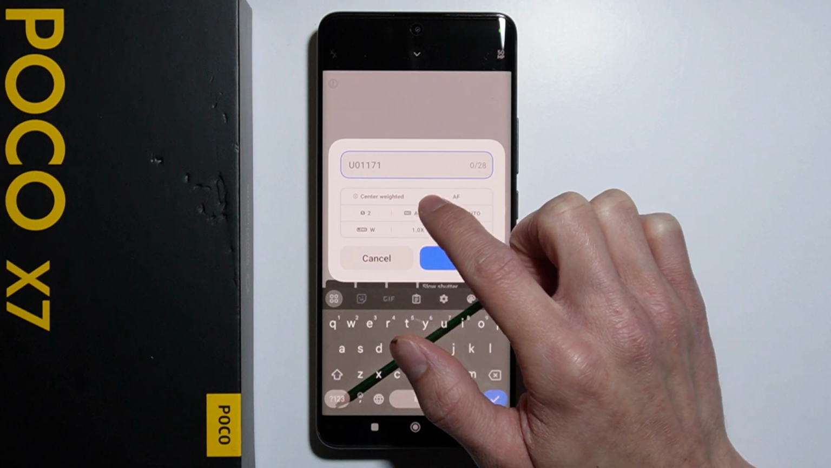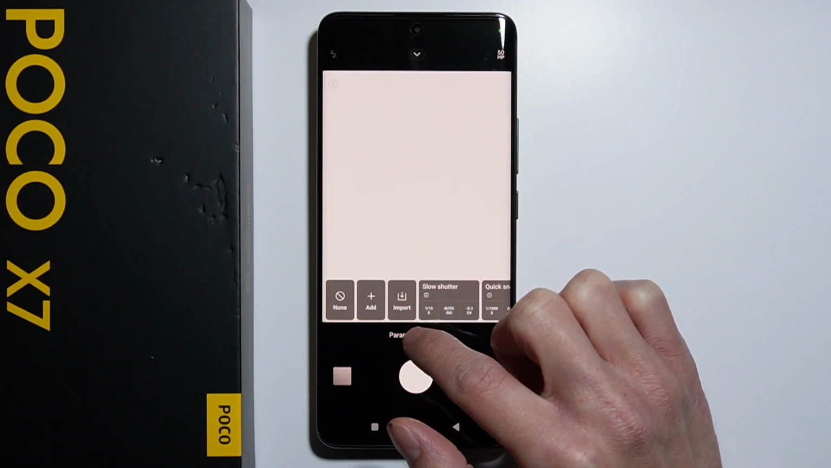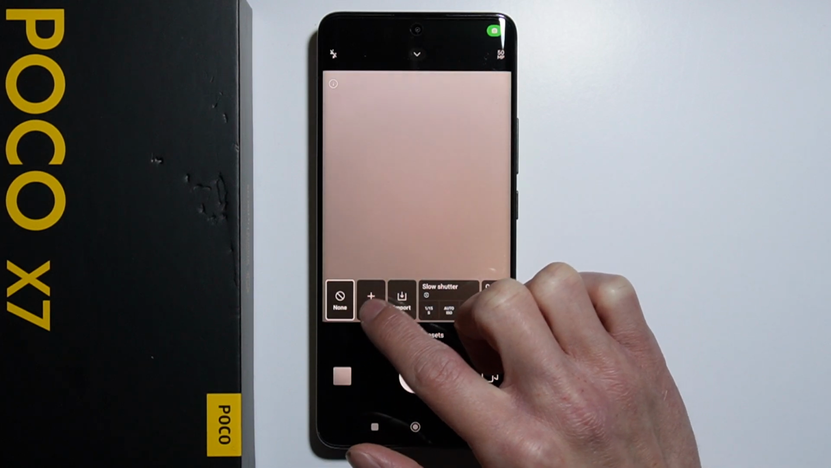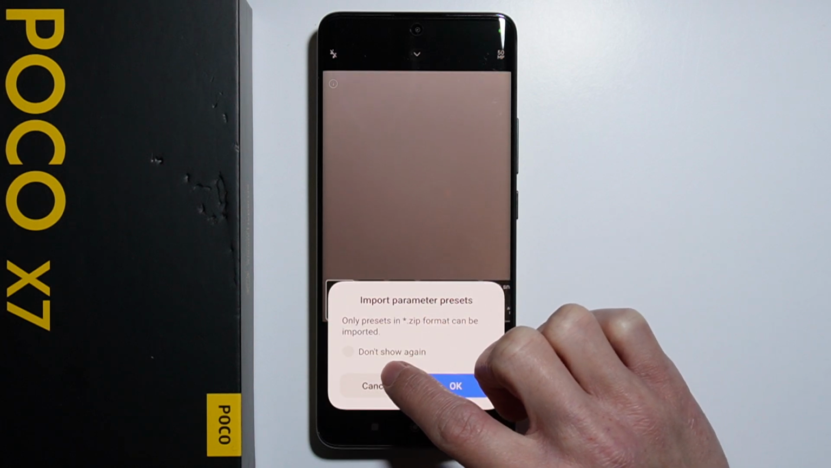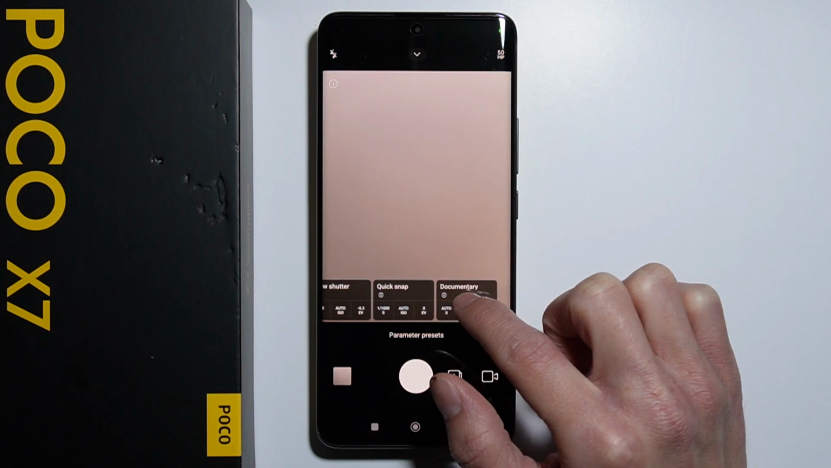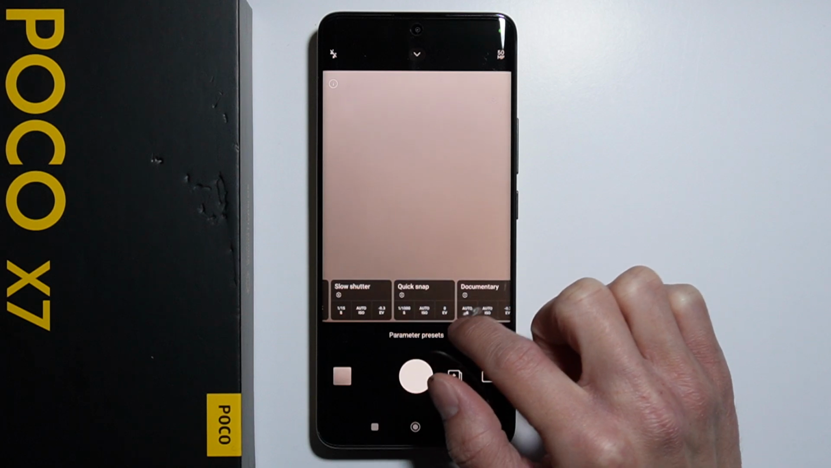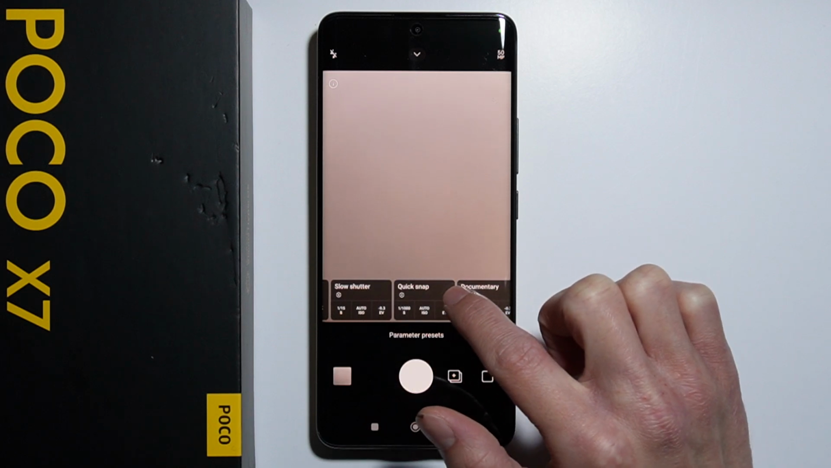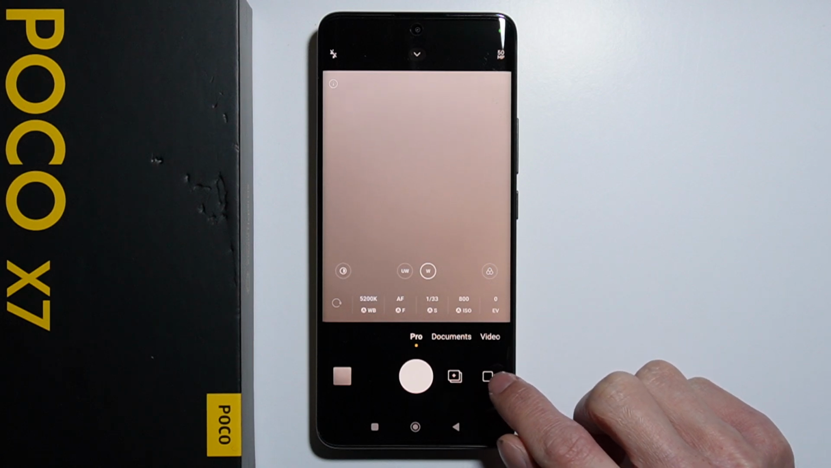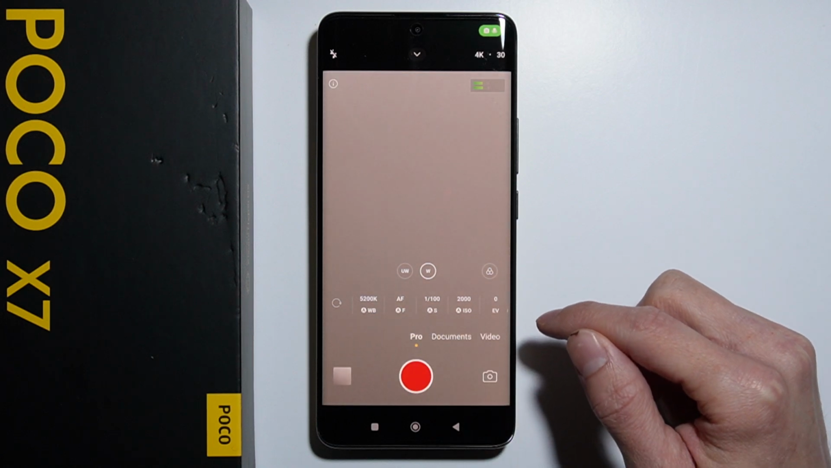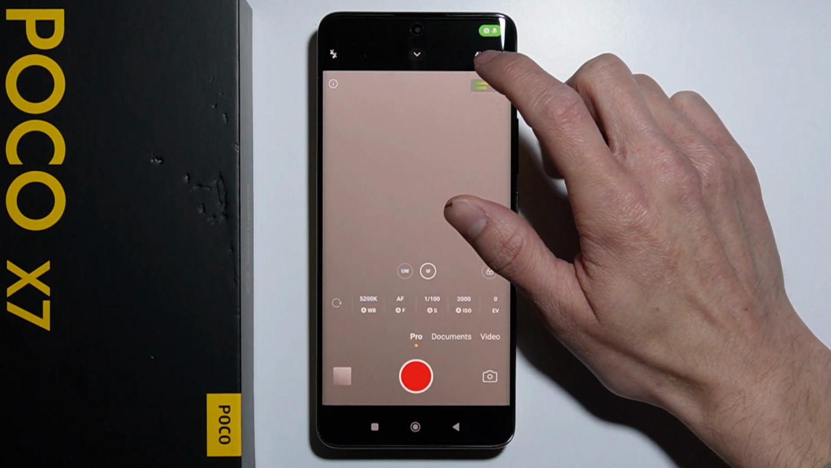Here we have the preview of the parameters. We can select no preset. We can also import presets, and here are some free presets already imported in this phone: the slow shutter, quick snap and documentary. Alright, let's now change it to the camera mode, and right here